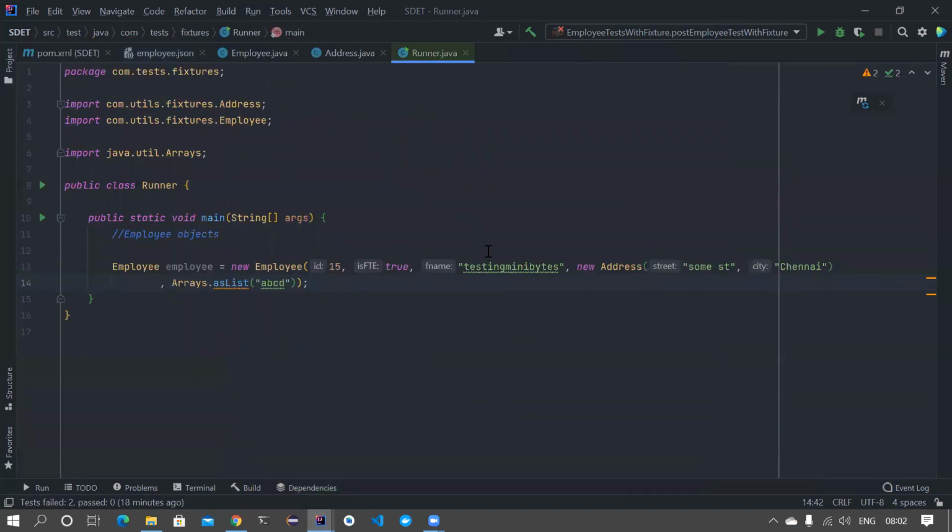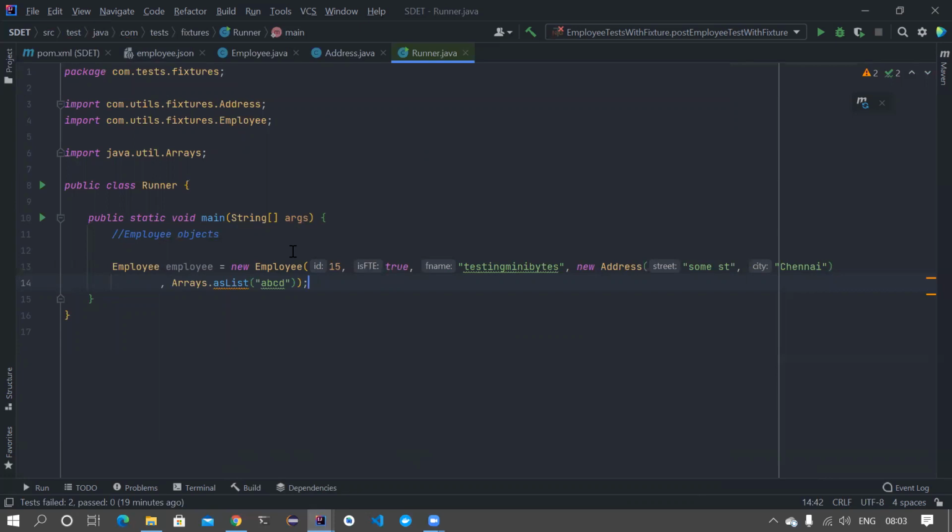But the problem here is you need to make sure that you're passing the right types, and your code looks a little clumsy. You can use a builder pattern, but again you need to write a lot of code, or you can use Lombok builder. But the problem is we are directly building it. Suppose I want 100 objects of this type; I have to use a for loop and do all the stuff. But what if there is an effective way where I can create some rules, and based upon that generate the objects?